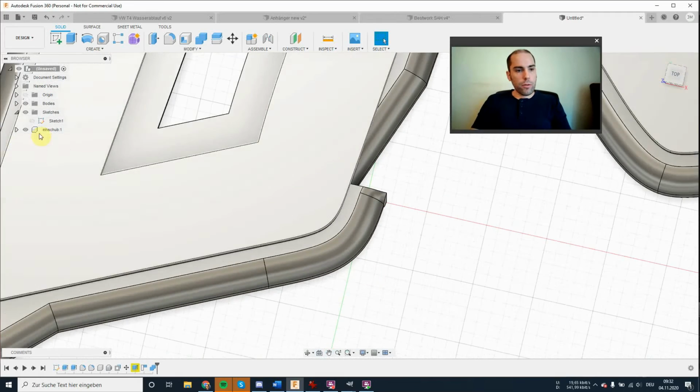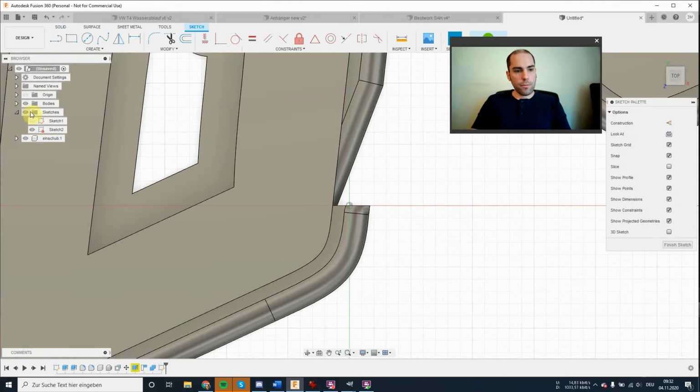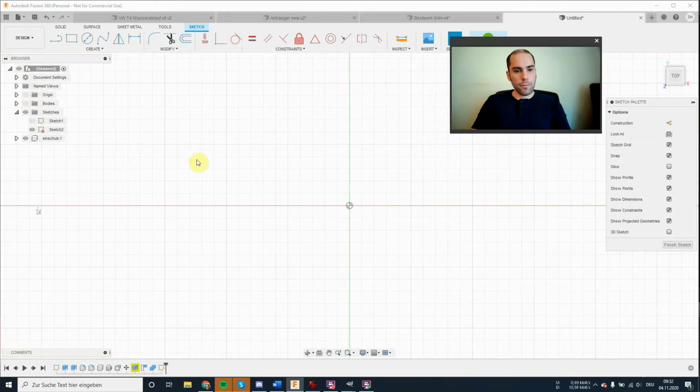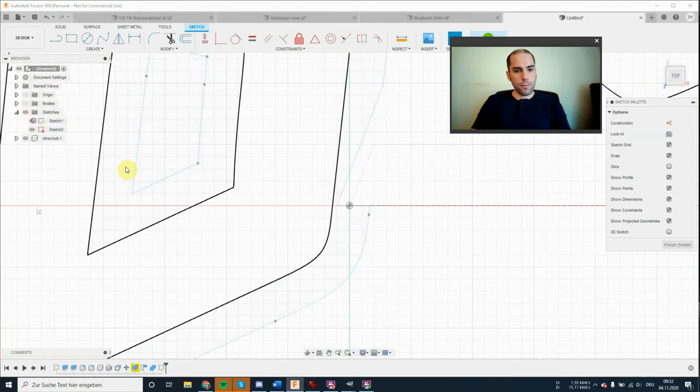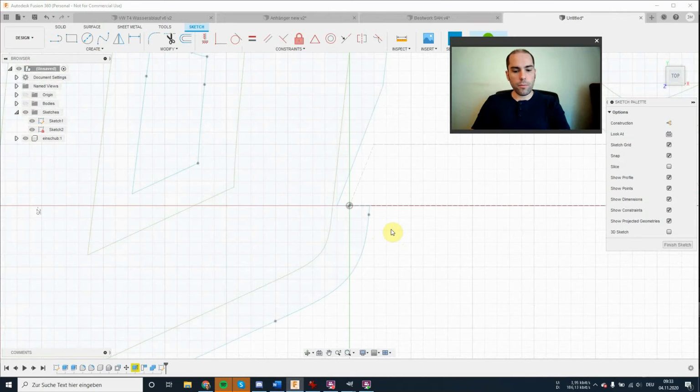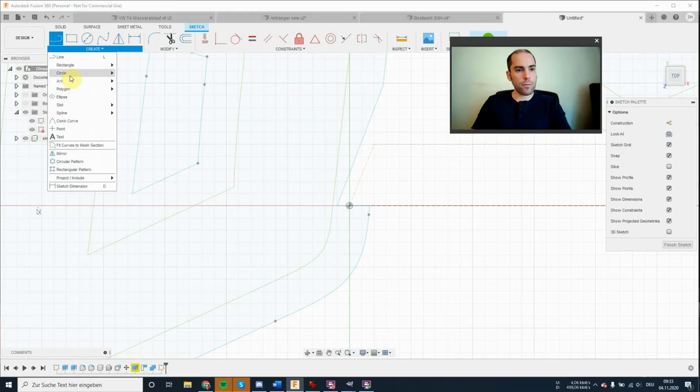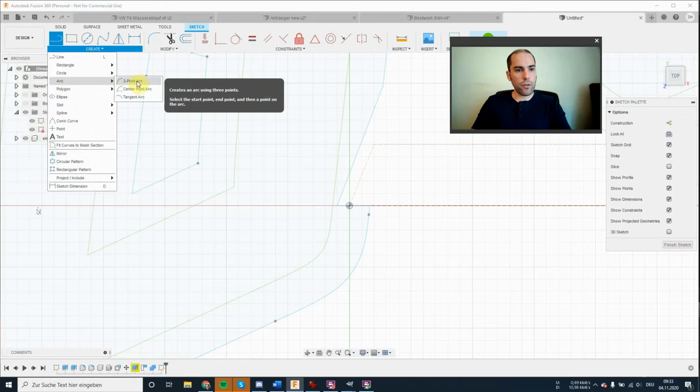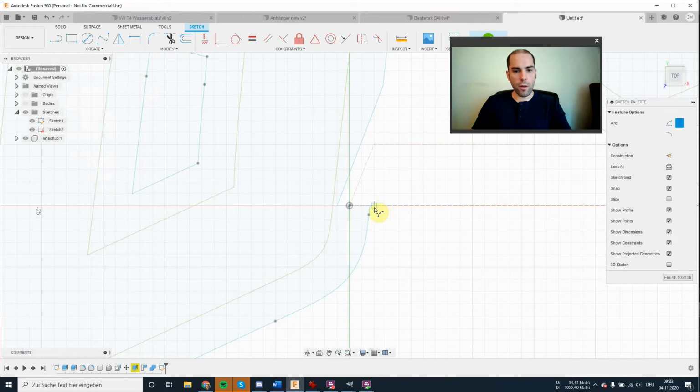So we're going to create another sketch, actually, very simple sketch. On top of this one, we're going to create a round line with the 3-point arc command.